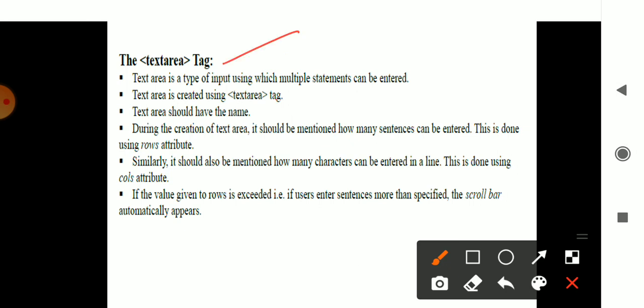You have a tag called textarea through which you enter multiple lines, and it should be provided with a name. It will have rows and columns: how many rows and how many columns you select will be considered on the screen. A scroll bar will also be present when your text exceeds multiple lines.